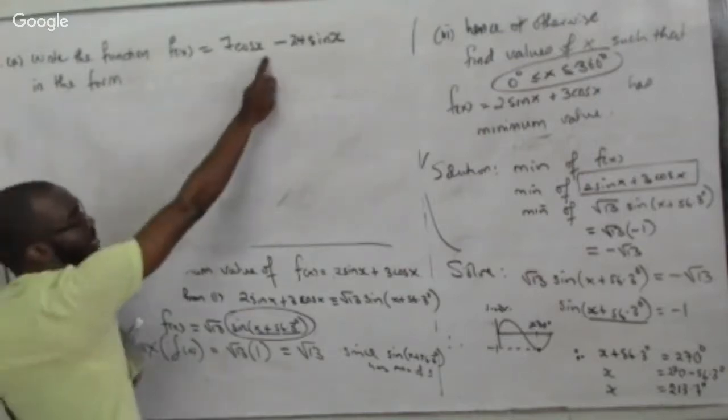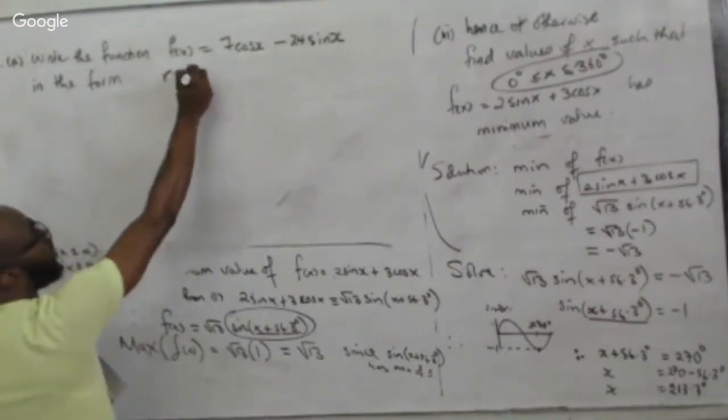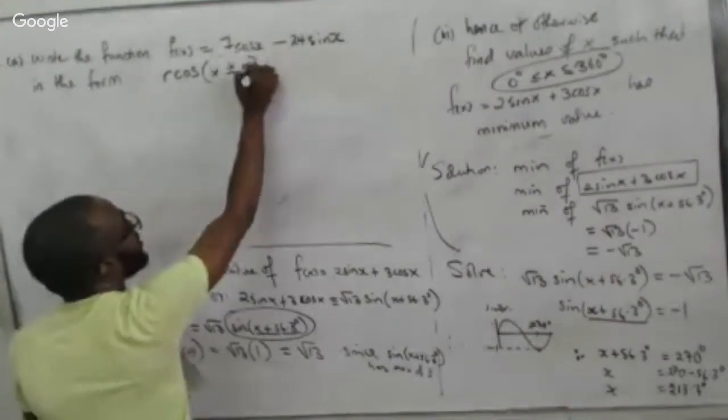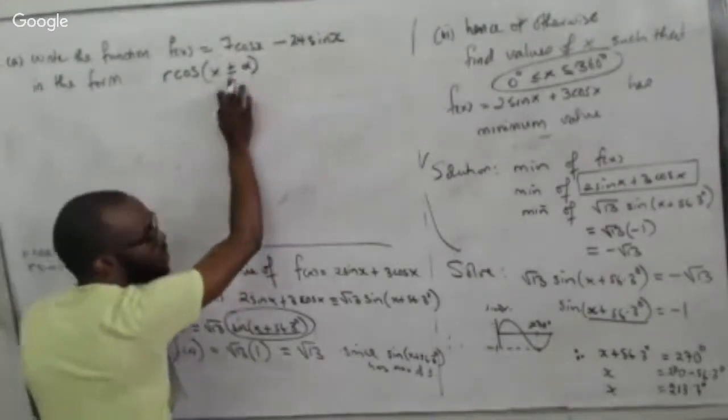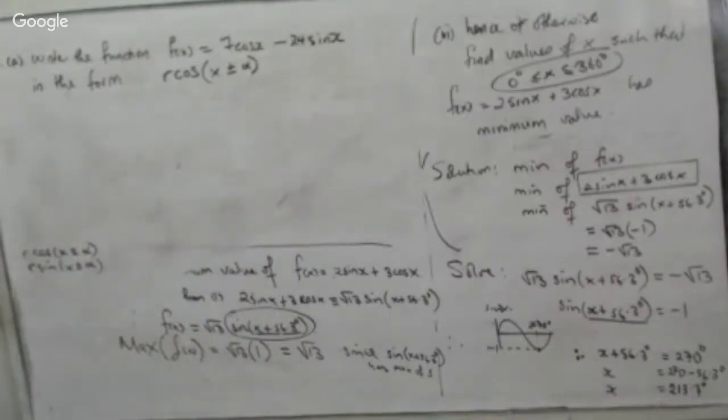Cosine, because things are with cosine, right? So I know that they want me to put it in the form of r cosine x plus or minus alpha. But in the exam, they can't ask about plus or minus. They must tell me which one of them. Which one would it be? Why? Positive. We'll go again. Because being able to have positive cosine,